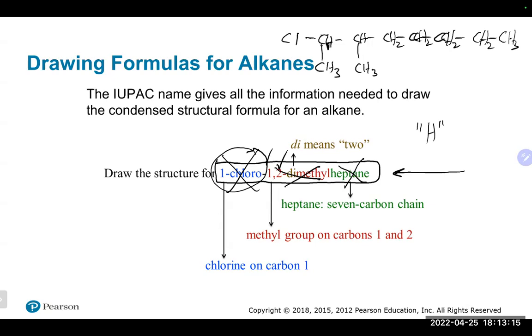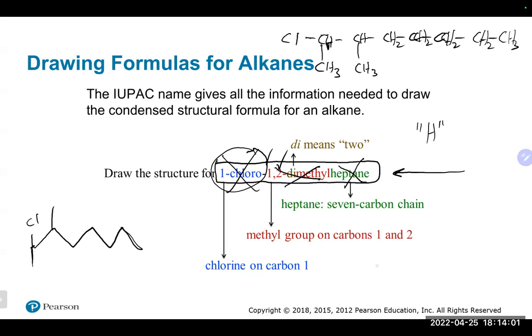No, what I drew here was probably more like a condensed formula. Yeah. If you drew the structural formula, it would look just like that, but everything would be drawn out, all the hydrogens. If you did a little line structure there, that would be something like this. And off of our first one here, we have, and off of our second one, we have a methyl, sort of the line structure there. Now, again, if you kind of just drew out the hydrogens, that'd be more of the structural.